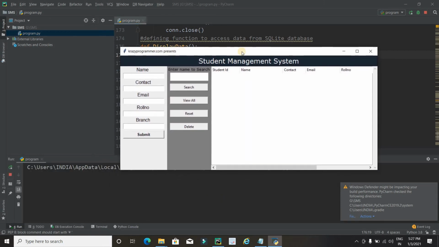Here this is the dashboard of this project. Here we can register a student. For example, I am just going to register a student and the name of the student is Rocky. Contact, email, for computer science.